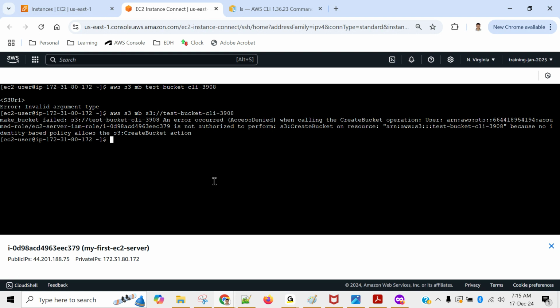There is no issue in the command, but you see this message. Make bucket failed. Why? An error occurred: access denied when calling the CreateBucket operation. This user, the EC2 server IAM role, is not authorized to perform s3:CreateBucket on this particular resource. Now we have to go back to the IAM role. So the IAM role is associated with your server, but that IAM role has, I think, read-only permission. That's why you are able to list the buckets and see the content of the bucket, but you are not able to create a new bucket because that permission is not there. So as I explained in our earlier classes,